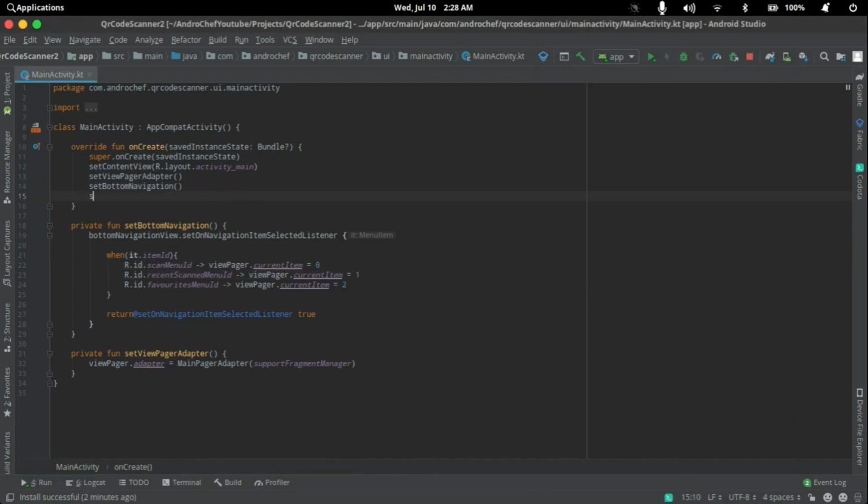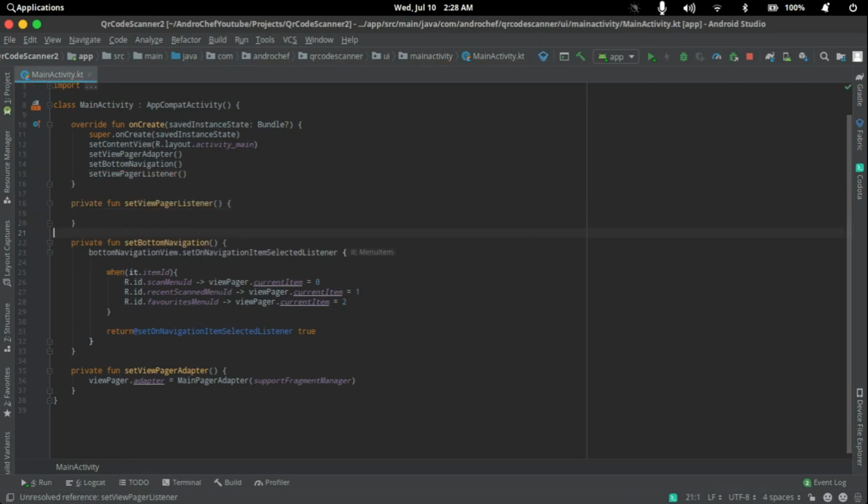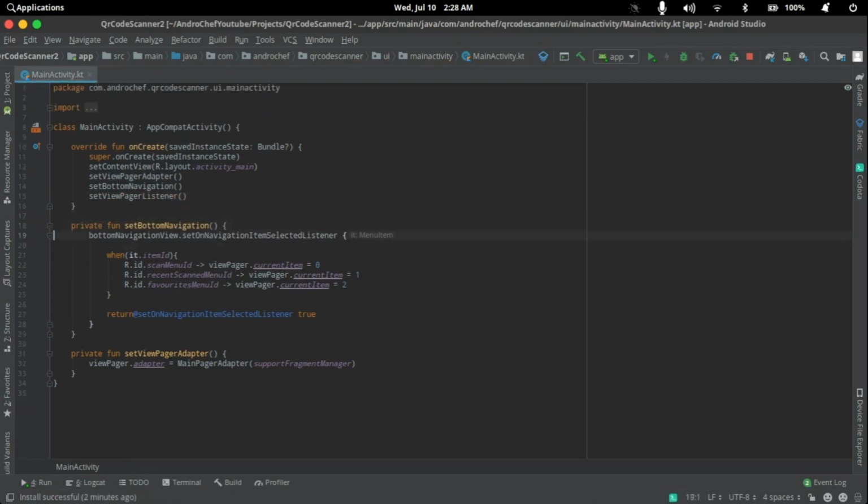So we will do it by making a function, set Viewpager listener, and we will alt enter create function, and in this function, what we will do,